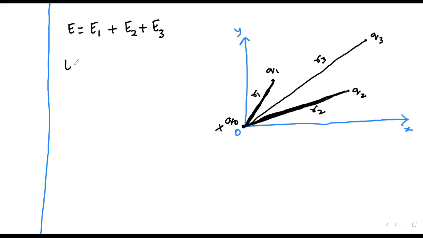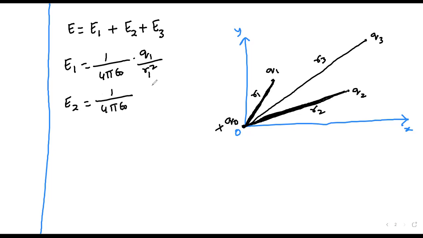So I can write E1 is equal to 1 by 4 pi epsilon naught Q1 by R1 square, and E2 equal to 1 by 4 pi epsilon naught Q2 by R2 square. Students, are you following? E3 is equal to 1 by 4 pi epsilon naught Q3 by R3 square. That means even in the numericals, wherever I want to find electric field, at that place I will place a test charge.